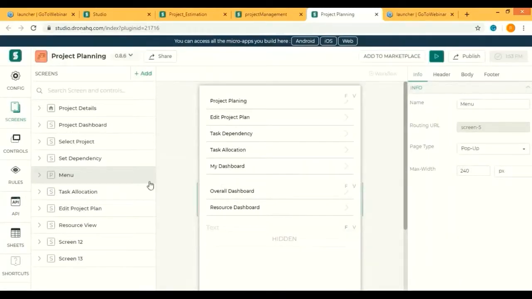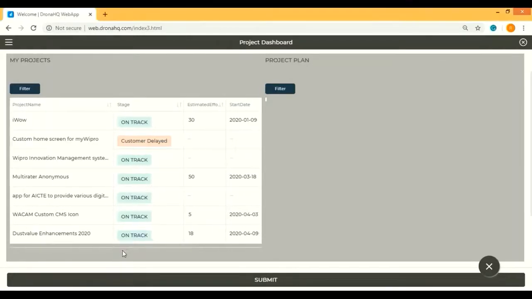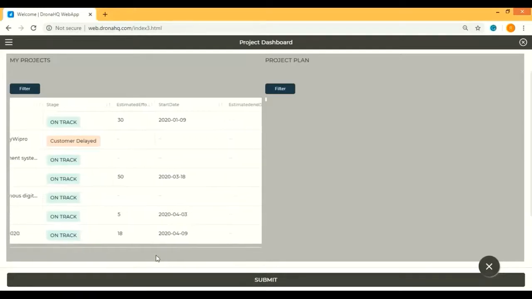Now I'll quickly take you through the application itself. So this is as a project manager. Let's say I logged into application. So this is my first landing screen. So I'll be able to see all my projects. I'll be able to see their stages. Whether it is on track, off track, how it is, total estimated efforts for that project, start date for that project, and required things. As soon as I select a particular project,